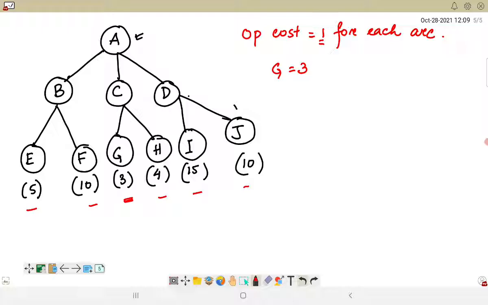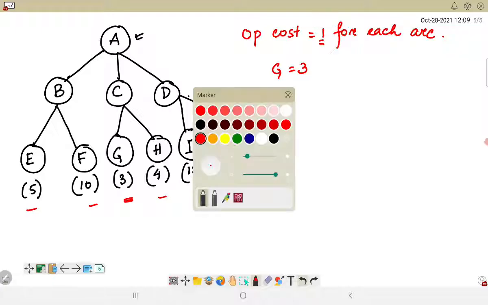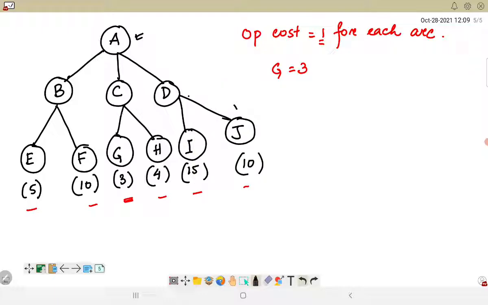Okay, so if I am considering GH also, I forgot to mention the arc here. So AND arc is this. All these are AND arcs. Now if I am considering G, this might look very promising, as a successor node, but the problem is G has to be used in association with H. So if G is used in association with H, what is the value?